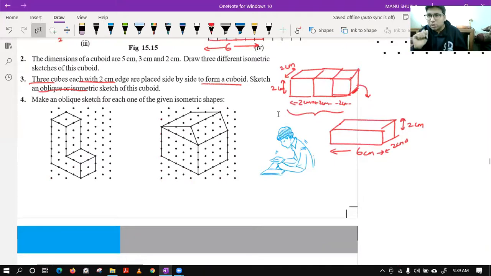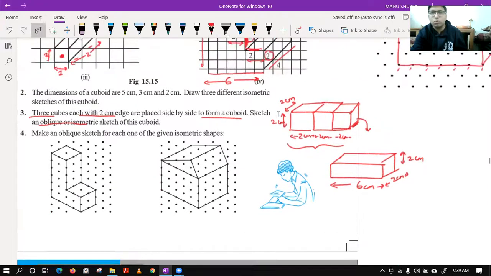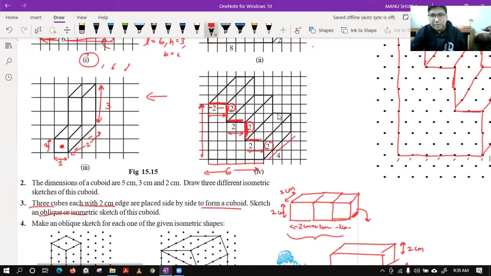No, sir. I am asking, height is 6 or 4? Okay. The height is 6, Tushita, because you can see in this ladder, this portion is 2. This portion is again 2. And this portion is again 2.